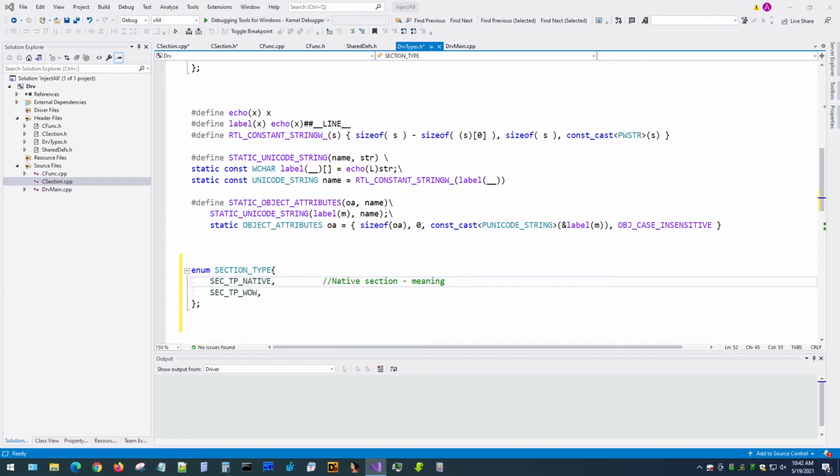meaning 64-bit on a 64-bit OS, or 32-bit on a 32-bit OS. So in other words, when our section or a module is matching the bitness of the operating system. In other words, it's a native section. And the second one is a